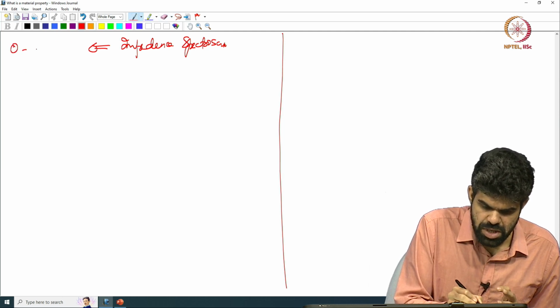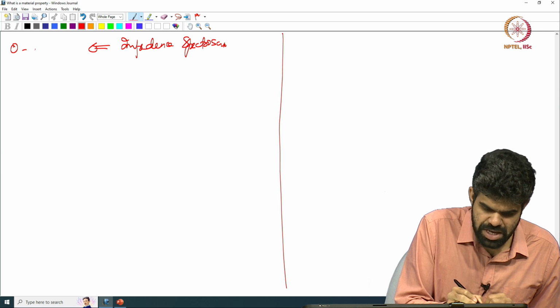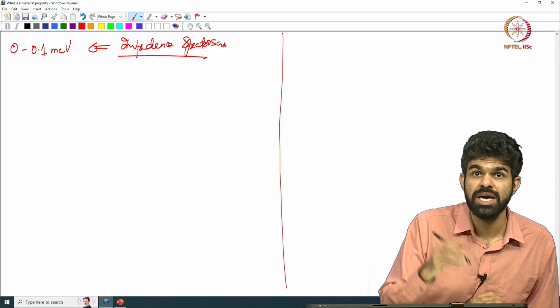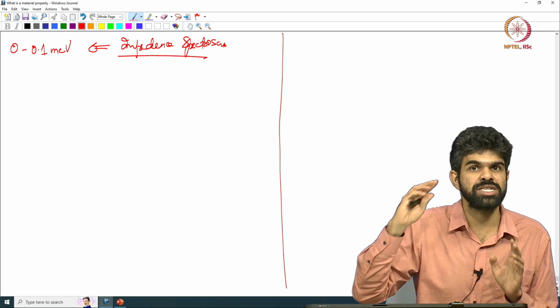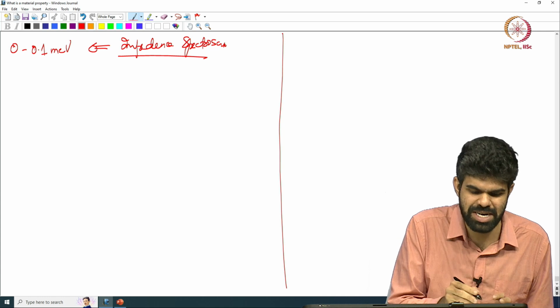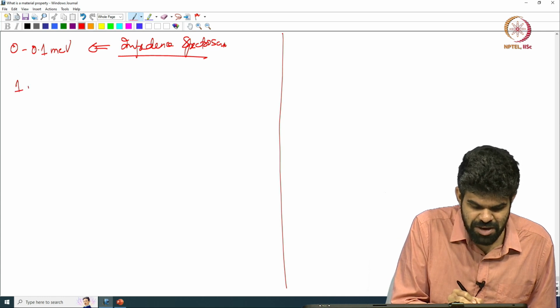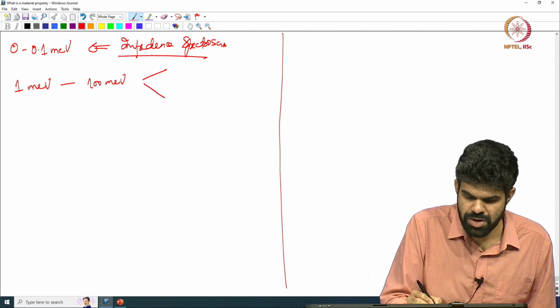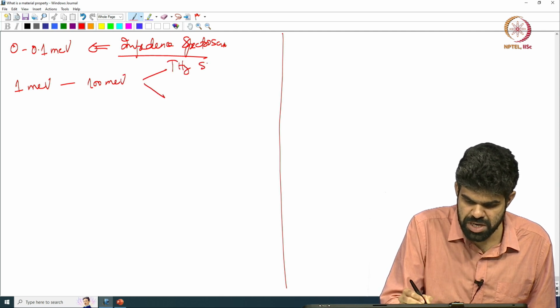So something like 0.1 MeV, right. These are the energy scales that I can measure using impedance spectroscopy. Energy scales of excitations, electron excitation, I am always looking at electron excitation, right. Then about 1 MeV to 100 MeV, right. So, I am going to split this up as the Terahertz spectroscopy,